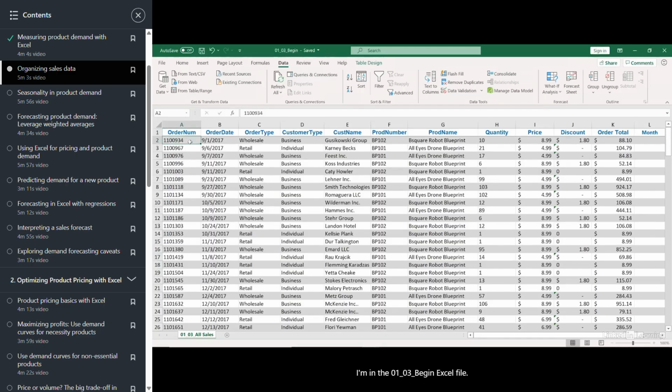I'm in the 0103 begin Excel file. Now what we see here is data from a firm related to all the sales they've made over time. This particular company, a fictional firm that we call RedTech30, provides a variety of different high-tech products, including drone blueprints. Now what we see is the firm has 2 major products that we're looking at in this particular case. Product 102 and product 101, which are blueprints for 2 different drones, the B² blueprint and the All Eyes drone